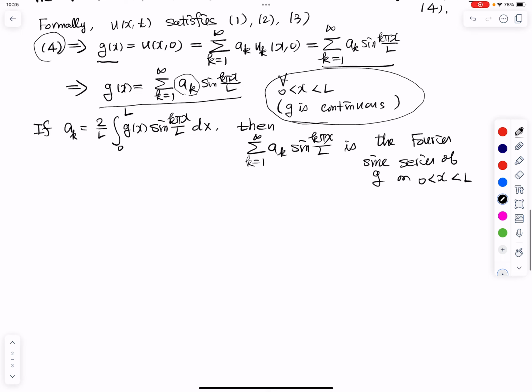Then we assume that g is continuous and g prime is piecewise continuous. Okay. Then since g is continuous and g prime is piecewise continuous,